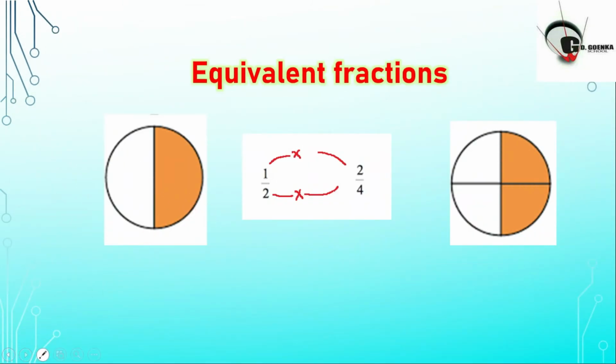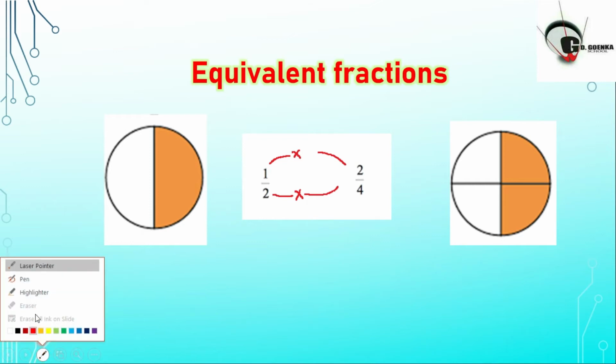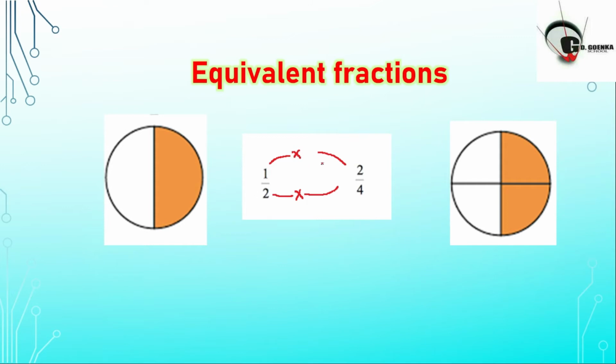See, you can see with this example also. It is 1 by 2. I have to make this as 2 by 4, this figure. So what should I do? What should I multiply this numerator, this 1, by so that I can get 2? Yes, I have to multiply by 2. Similarly, by what number do I have to multiply this? I have to multiply by 2, of course. So if I multiply 1 by 2, I get 2. If I multiply 2 by 2, I get 4. So this is how we make the equivalent fraction.